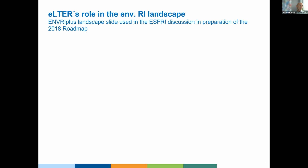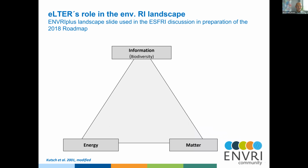We do what we do not in isolation, and the next slide shows you our positioning in the larger environmental research infrastructures landscape. And we must underpin that this is a picture that was produced in consensus amongst a cluster of environmental research infrastructures in the ENVRI plus community context. If we look at the decisive triangle between energy, matter, and information,